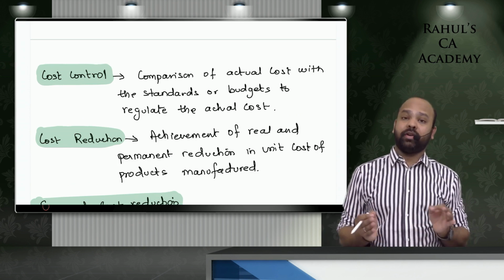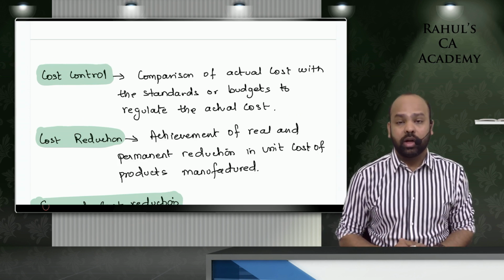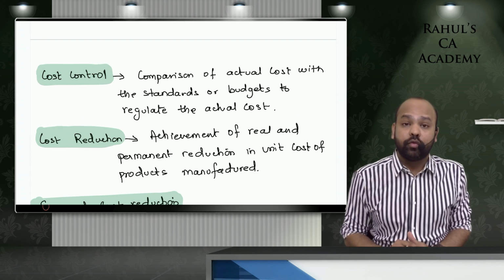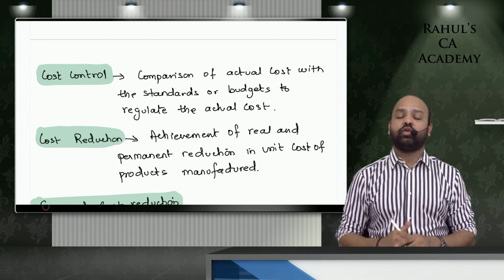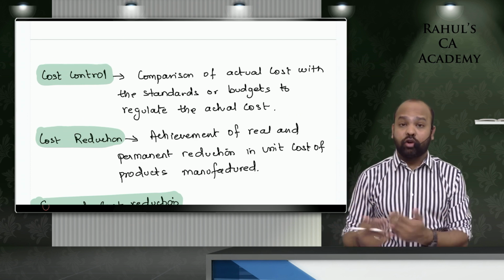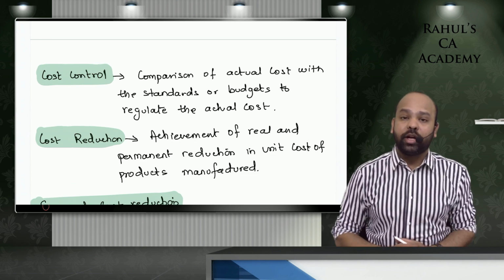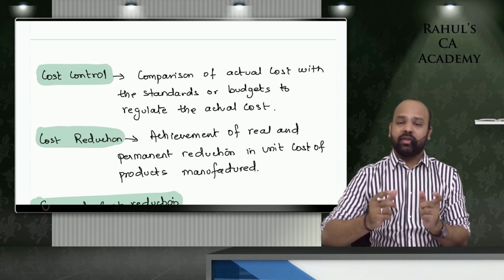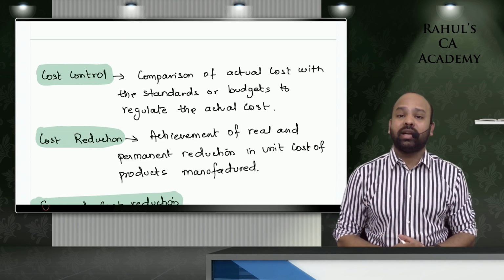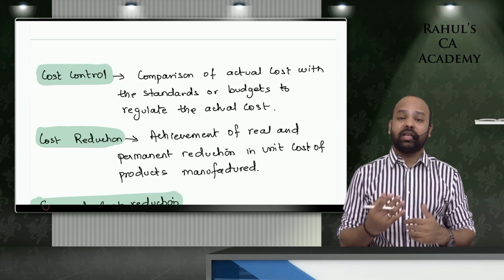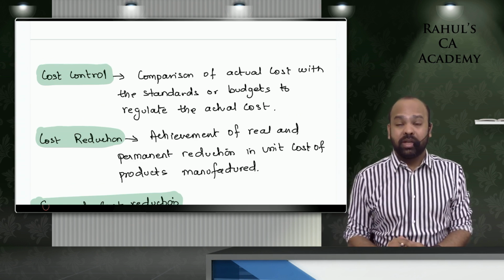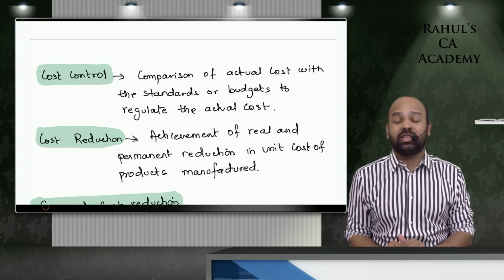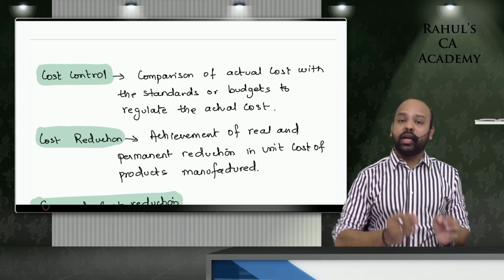Cost control, do not forget guys, might impact the quality of the product. Cost control might impact the quality of a product because you are trying to stick to the targets. In the process of trying to stick to the targets, when the performance of the employees is evaluated based on such variances, you might see that the performances are impacted. If I ask a labor to manufacture 50 units in 1 hour, what if he is unable to do it, but just to try to achieve the target he manufactures defective products? Then yes, quality is impacted.